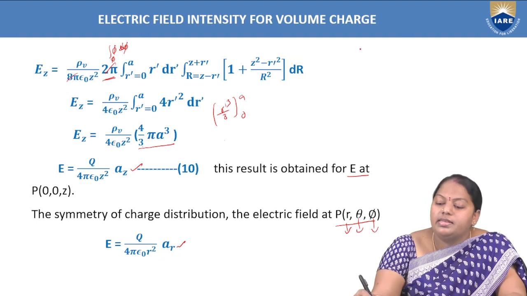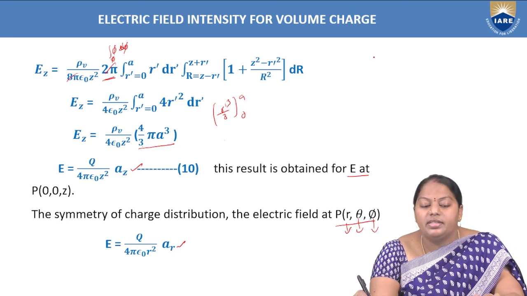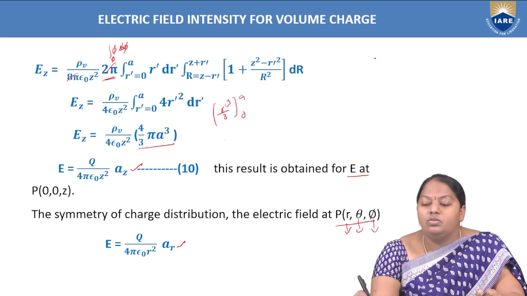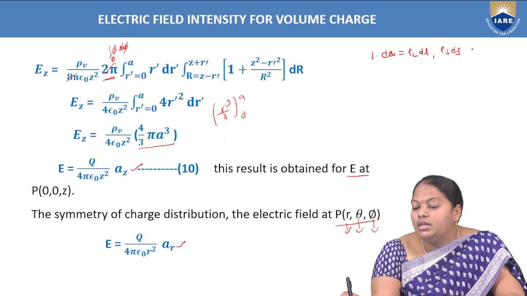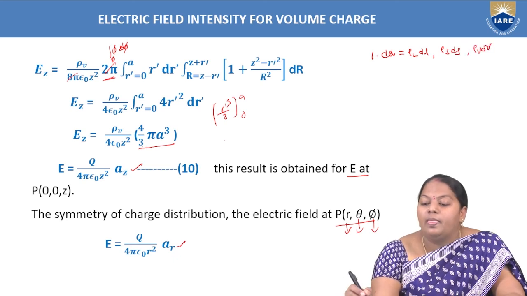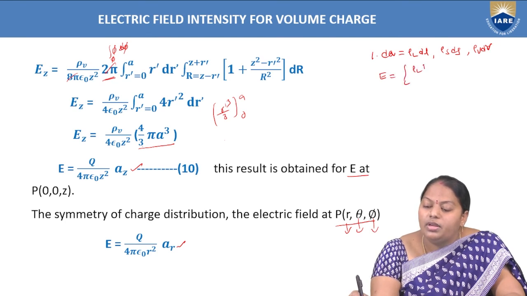Right? So this is the way we have evaluated the electric field intensity E due to volume charge. In all the cases, for evaluating electric field intensities due to line, surface and volume charges, first we evaluated the differential component of the charge: for line it is rho L into dl, for surface rho S into ds, and for volume it is rho V into dv. Now the general formulas for E are, for line, integral over L of rho L dl by 4 pi epsilon naught R square into aR, and for surface, integral over S of rho S ds by 4 pi epsilon naught R square into aR,